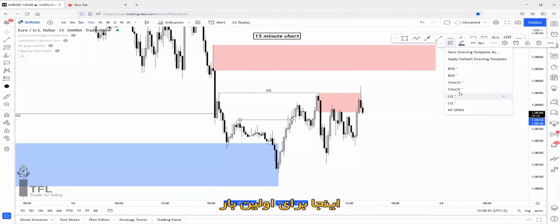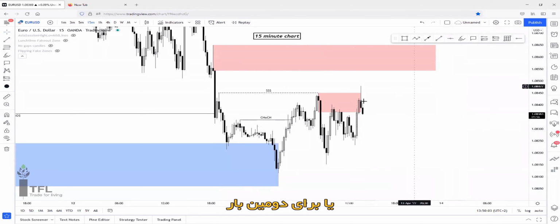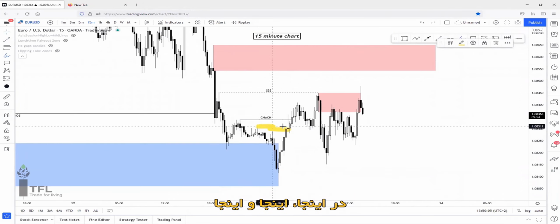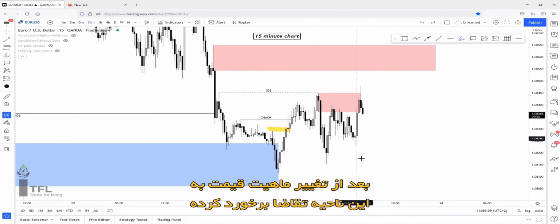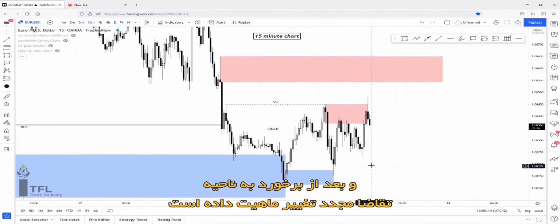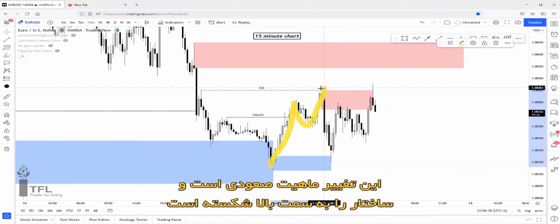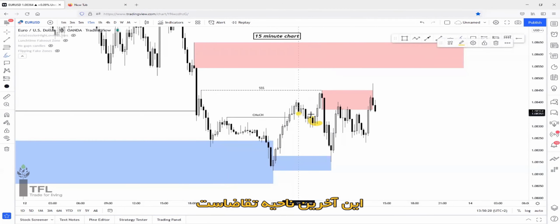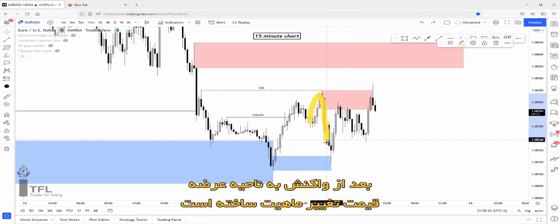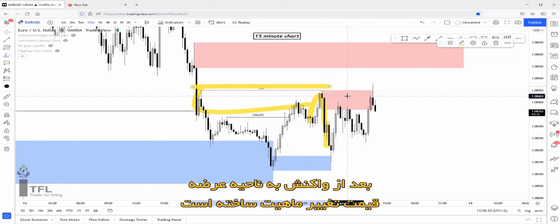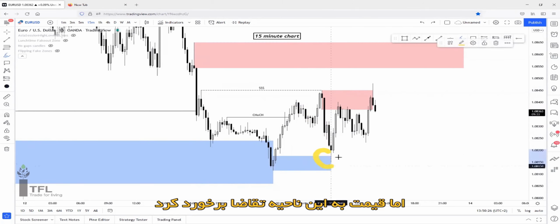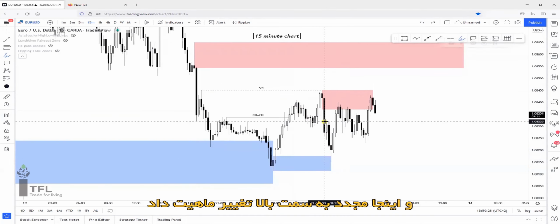Right here, firstly, or secondly, and right here. Okay, after a change of character, price has stepped into this demand zone down here, and after a demand tap, it changed character again. Because as you can see, this is a character changing movement to the upside, break of structure to the upside, last demand zone. Price has changed character here to the downside after this supply reaction, but price has stepped into this demand zone, and after a tap of this demand zone, it changed character again to